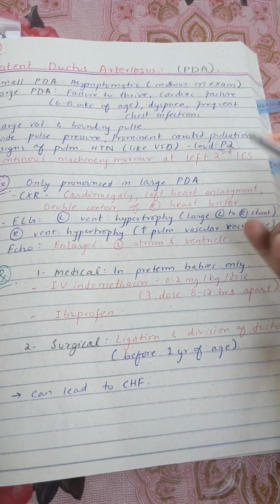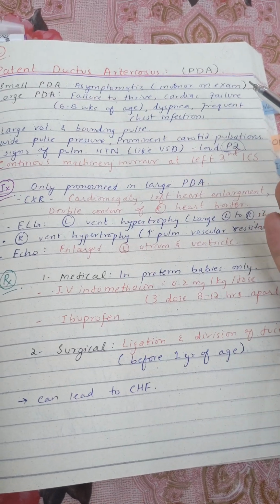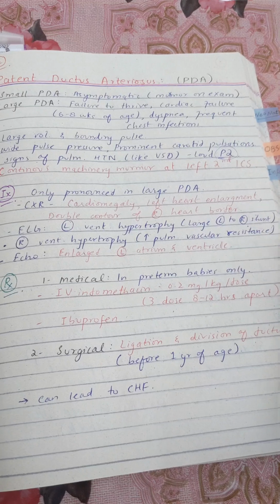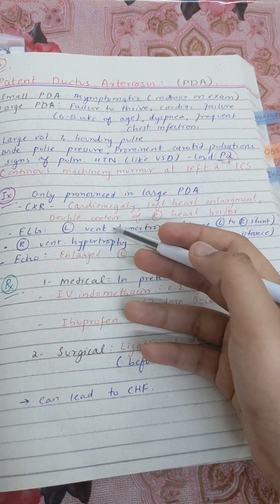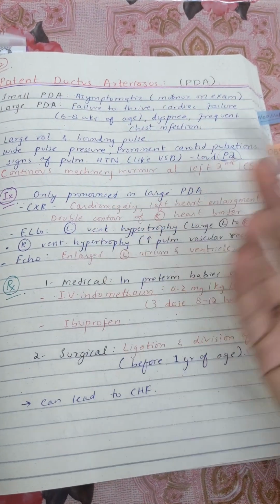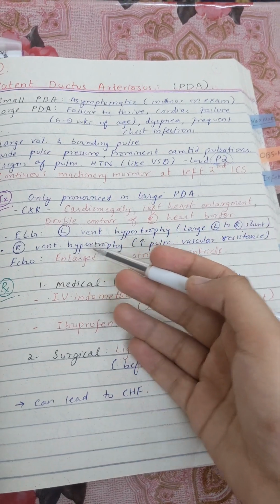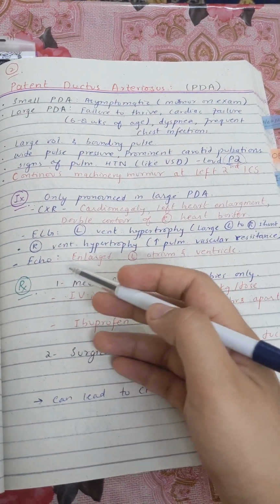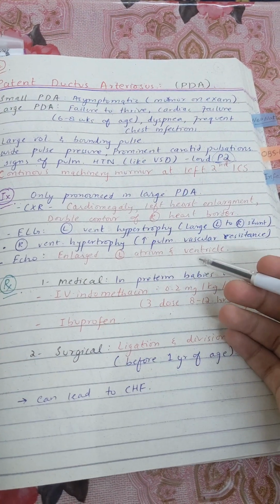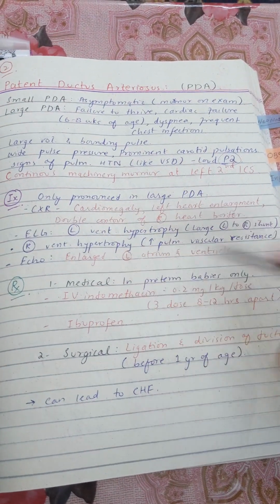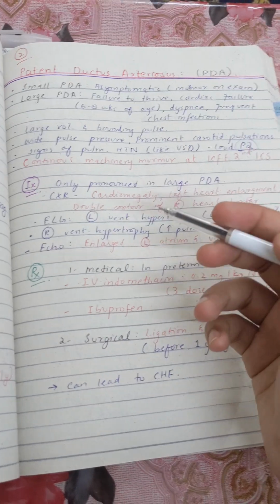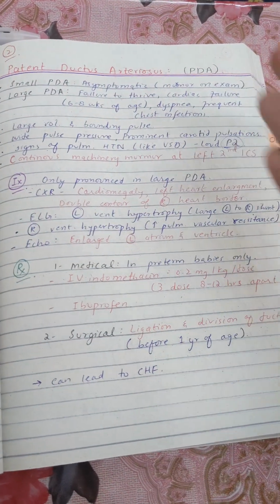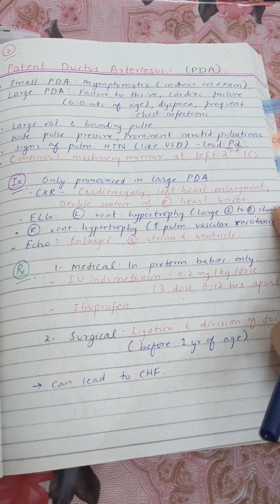So you should be knowing that PDA is not a cyanotic congenital heart disease, because there is a shunting from the left to the right side. And ECG will also show right ventricular hypertrophy. So basically there will be a biventricular hypertrophy, left and right ventricular hypertrophy, and right ventricular hypertrophy will be due to increased pulmonary vascular resistance. So an echocardiography will show enlarged left atrium and ventricles. So most of the workload will be on the left side of the heart. So chest x-ray, ECG and echocardiography will be the important investigations that you're going to be ordering in a child of PDA, and these are the findings you will get on them.